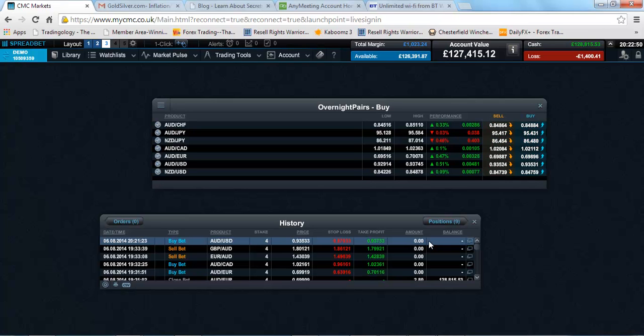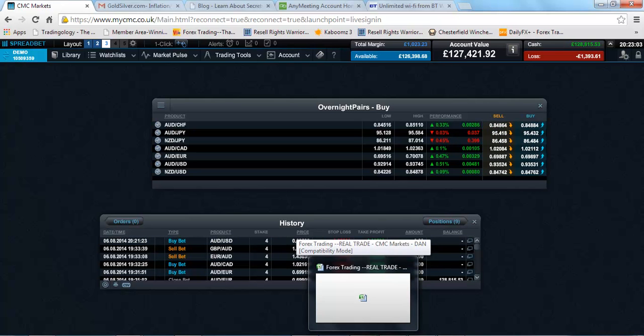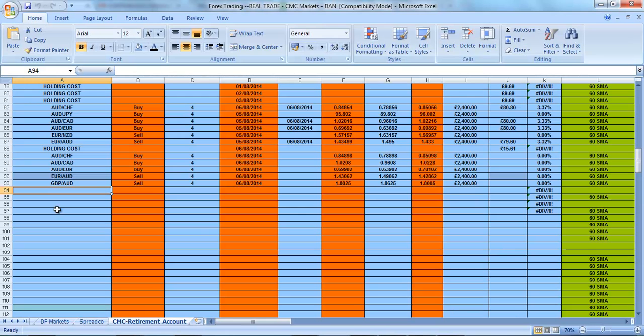So we all know that I have bought AUD USD. So I just come to my trading diary and put in here AUD USD, and obviously it's a buy, and the stake is 4,